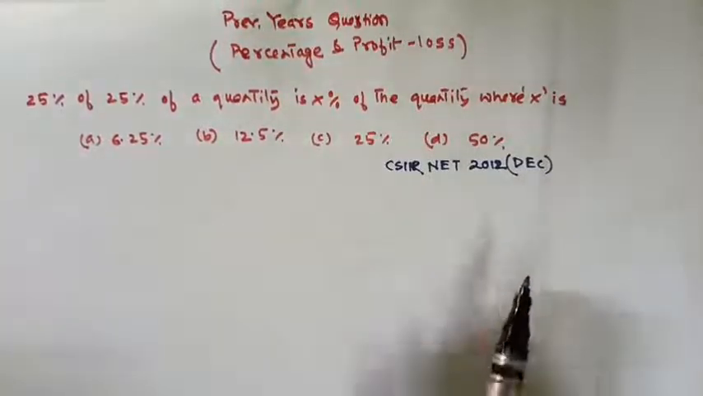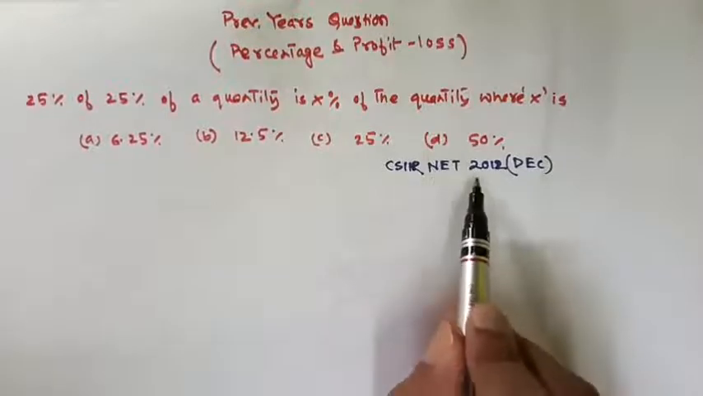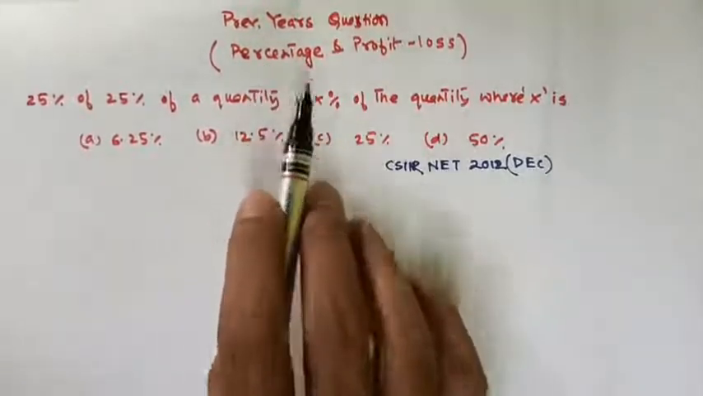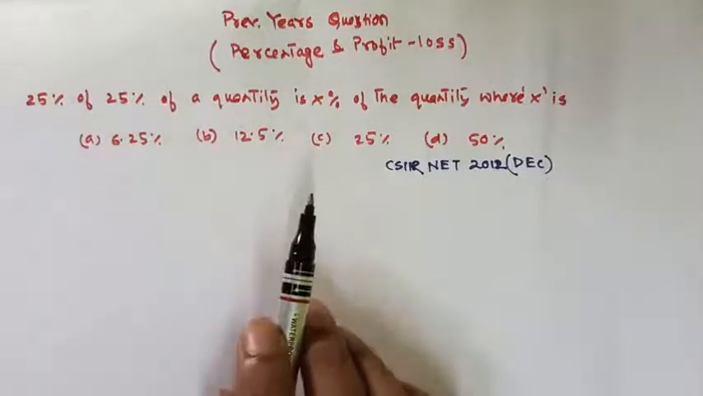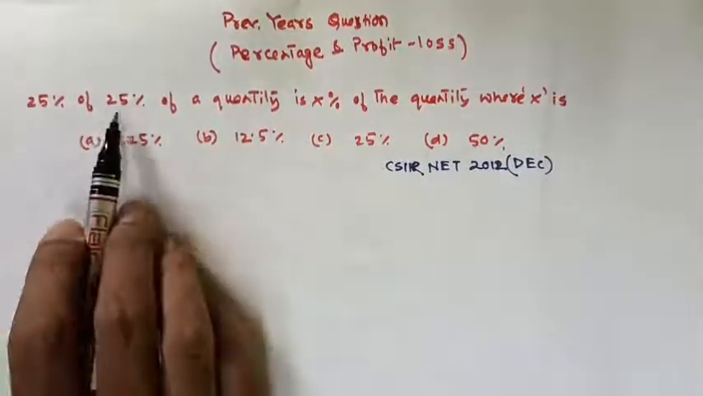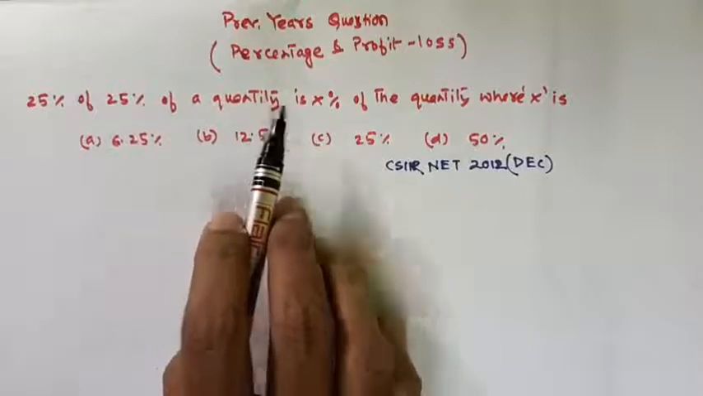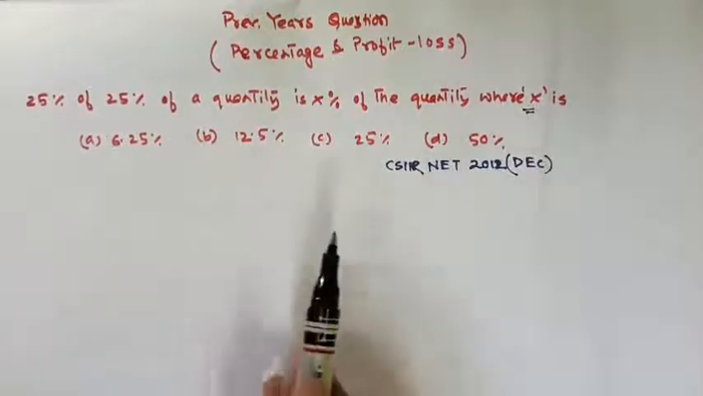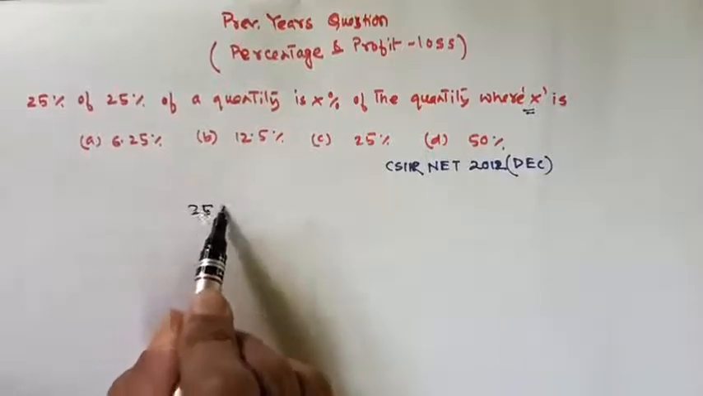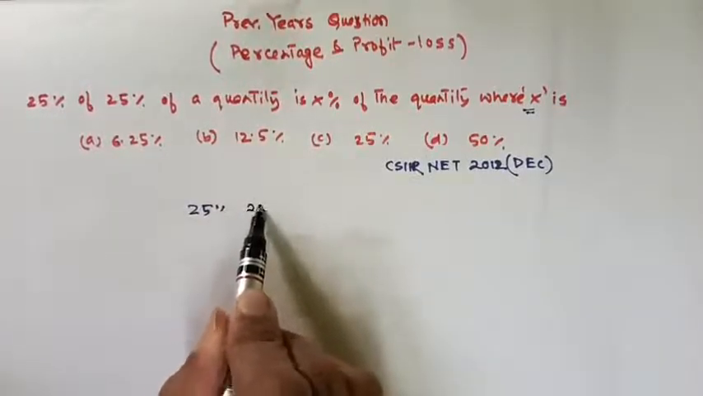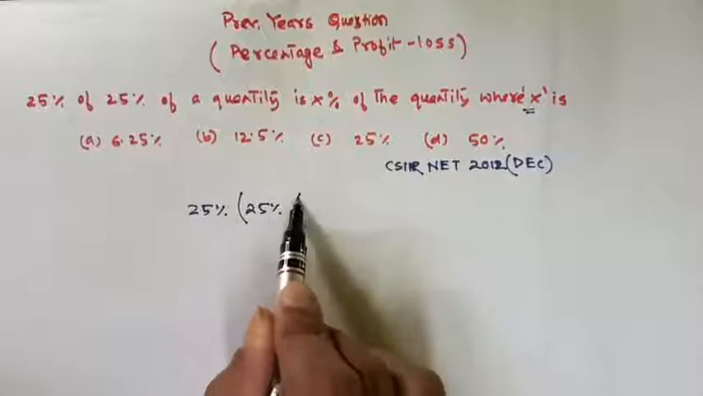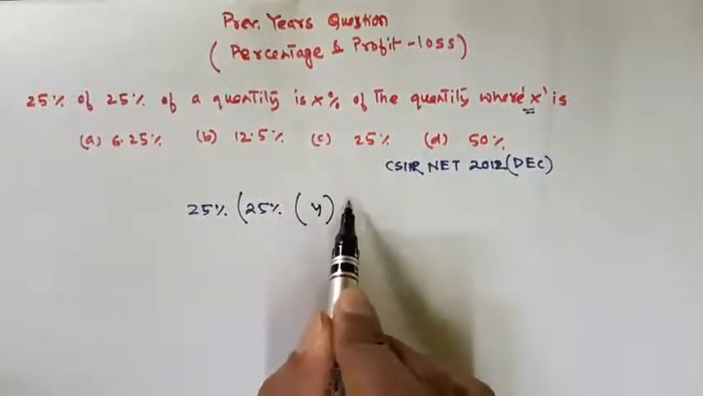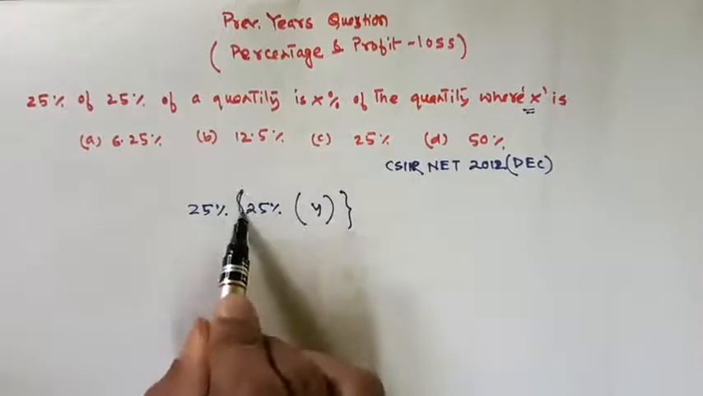So here is the question. This question was asked in CSIR NET 2012 in December, and this question is from percentage. In the question it is asked that 25% of a quantity is X% of that quantity. So what is the value of X? What is given? 25% of the quantity. Suppose the quantity is Y. So this is equal to